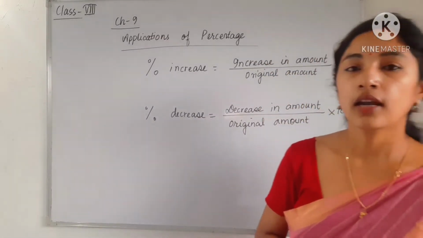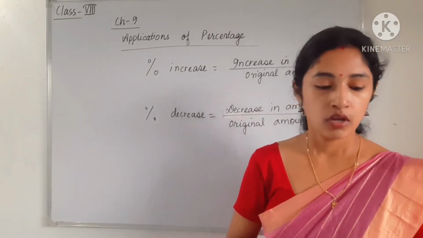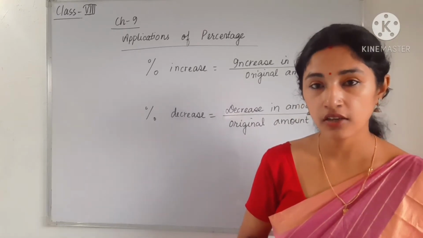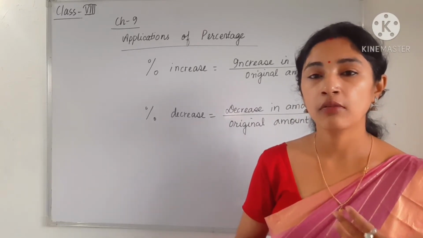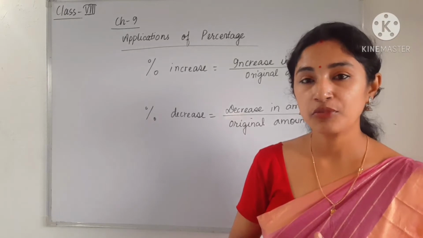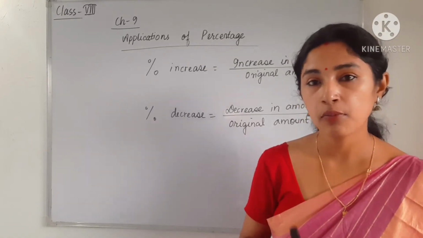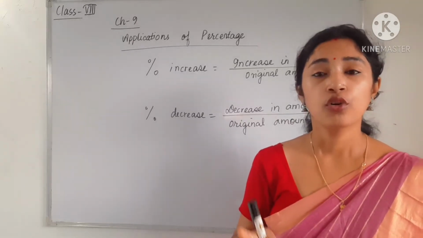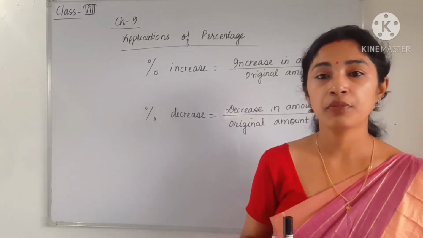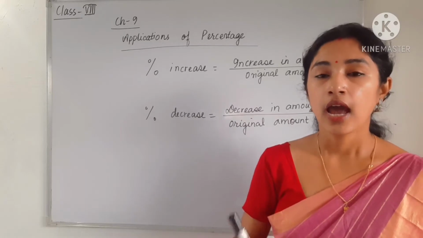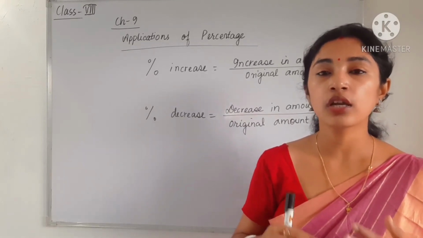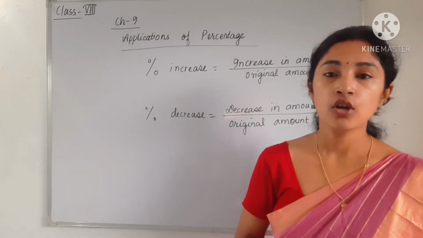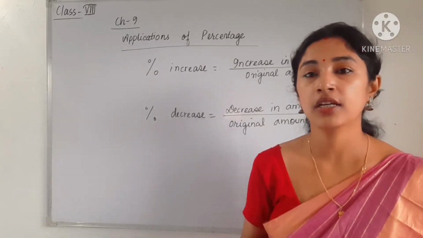Like you know that whenever we have to find the percentage, if total marks are given and marks obtained in all the subjects are given, then we can easily find the percentage. We know the formula that we have to first of all find the total marks obtained. We have to write in numerator, and in denominator we have to write the total maximum marks, and that fraction we have to multiply with 100 so that it will get converted into percentage.